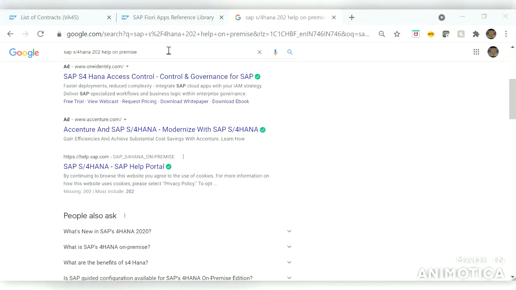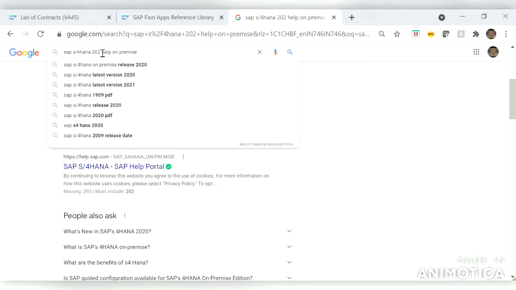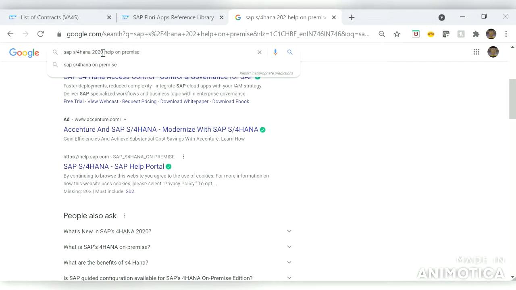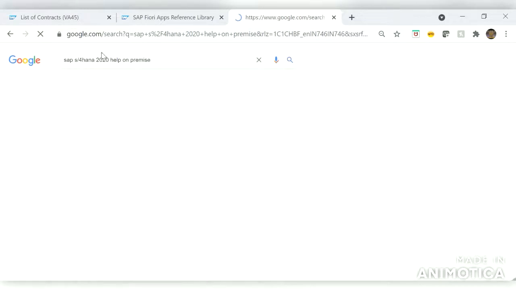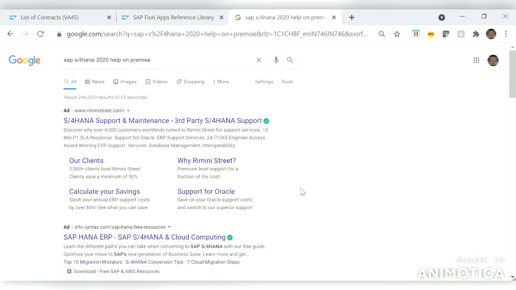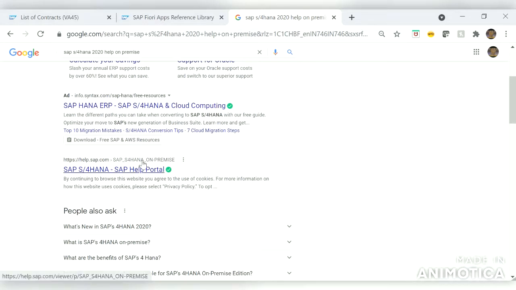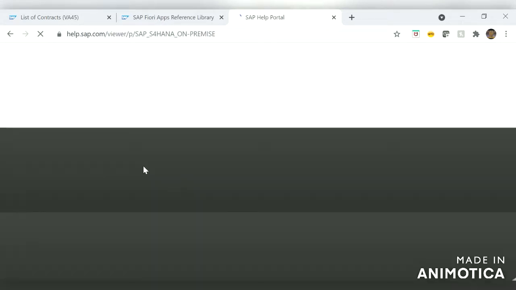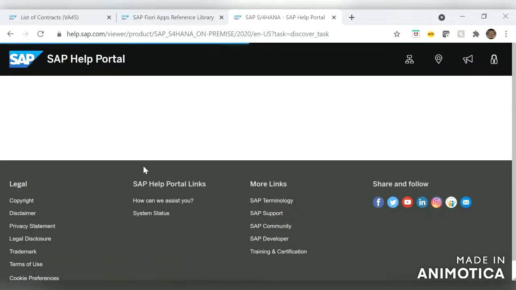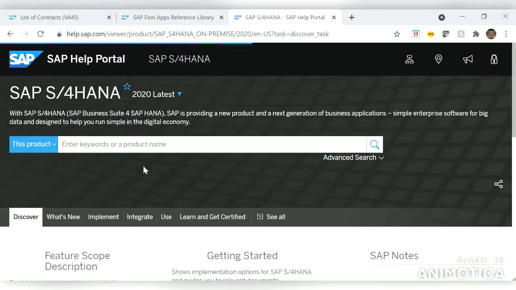So just in Google, if we search by giving SAP S4 HANA 2020 help on premise, we will get the help.sap.com portal. In this we can get all the PDFs